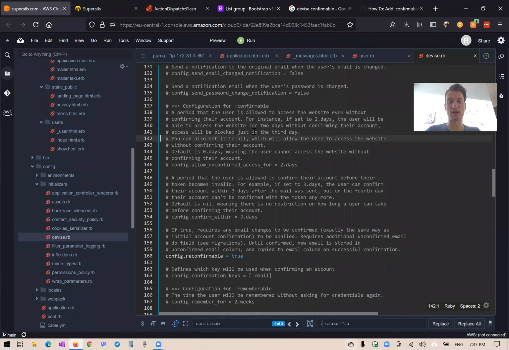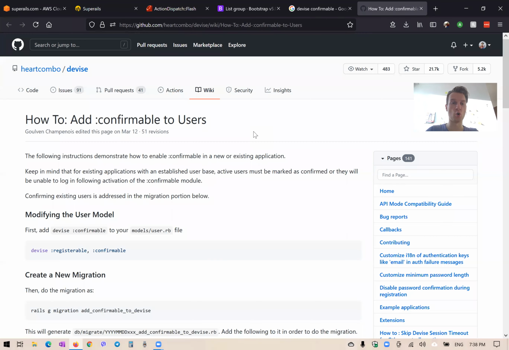We can allow unconfirmed access for some kind of period of time. For example, a user has 2 days or 1 day or 10 minutes to confirm his account. And for this period of time, he can already use the application. Usually I would set it to 0 days so that users cannot actually use the application with fake email addresses. So it will be 0 days, but before we actually add these settings, we would first want to add confirmable